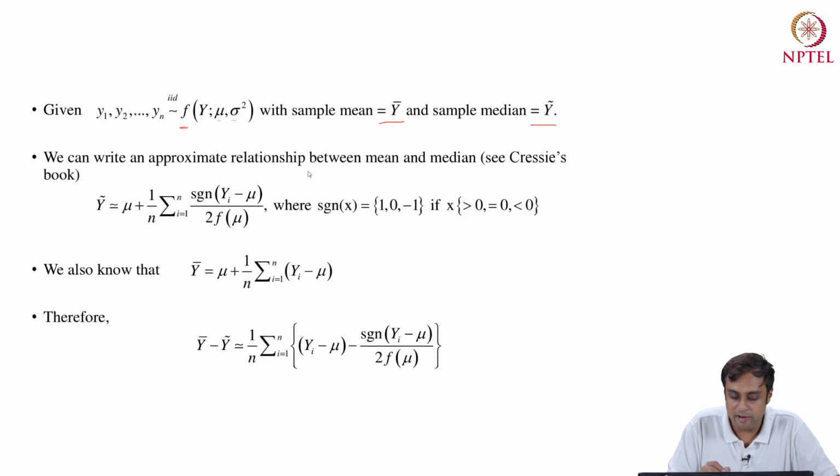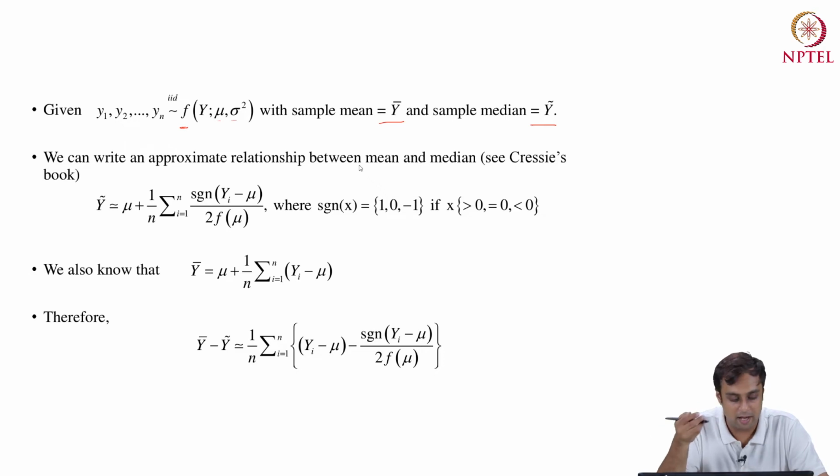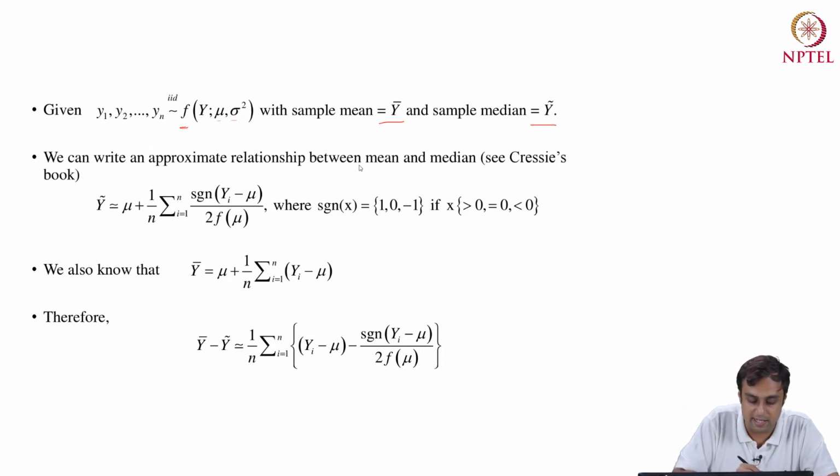We can write an approximate relationship between mean and median, right? Cressy provides, as I said, this is all adapted from chapter 2 of Cressy's book. So you can go back and look at this relationship, but this relationship really provides an analytical link between the median value y tilde and the mean value y bar, which we'll see in a minute. It says y tilde equals population mean mu plus